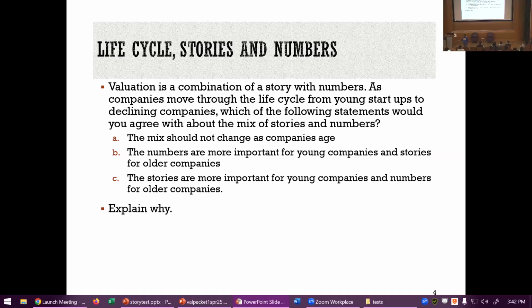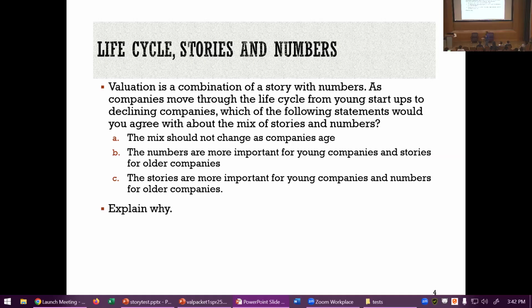The characters are already wandering around. You can't introduce new things to do. The story has been pretty much told. If you're Kraft Heinz, you're in chapter 34 of a 35 chapter book. You're writing the ending. When you look at mature companies, much of the story is already told. It doesn't mean the story can't change, but it's not going to change as dramatically as when you look at a young company.